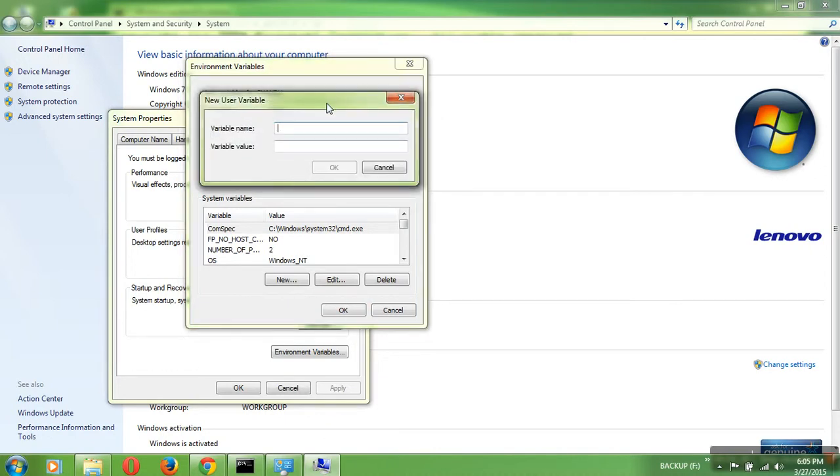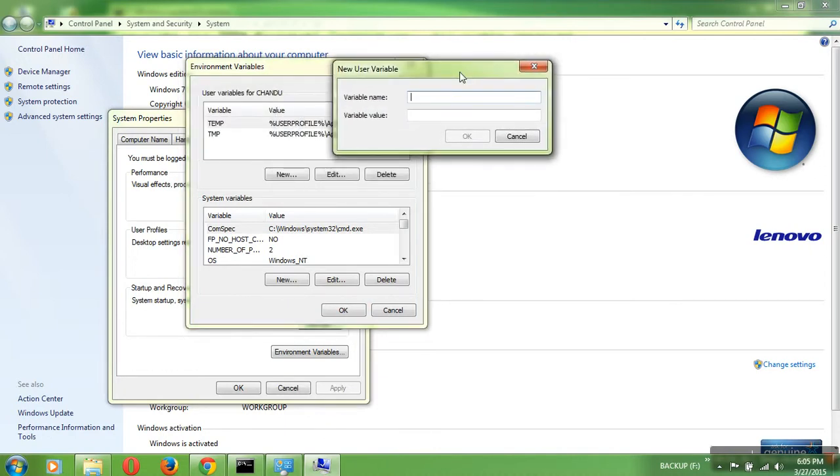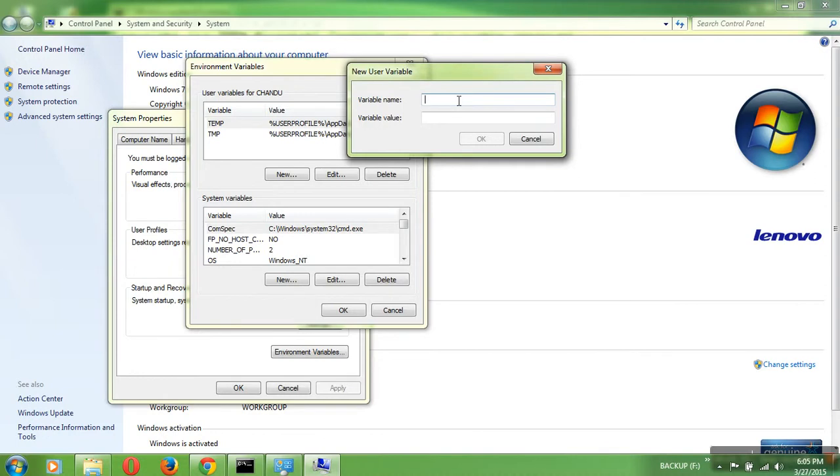Here I do not have any other users. This is just a personal PC, so that's why I am going with user specific variables. Just paste the path where our Java exists, up to bin. Then use the dot. Dot is for the current directory, so whenever you want to compile Java files from the bin directory, it can also be accessed there.